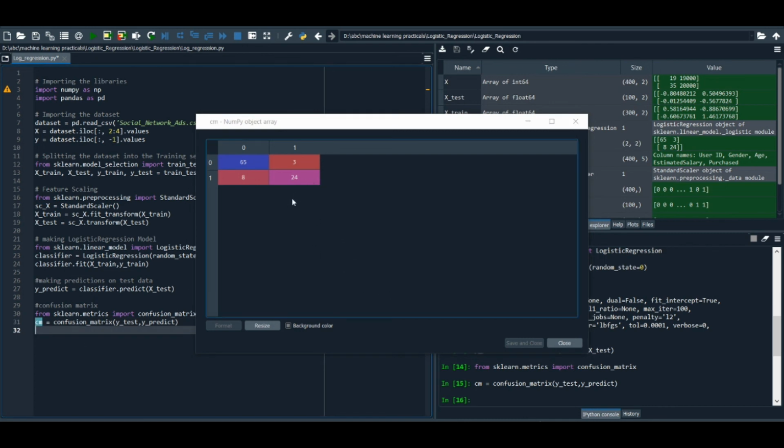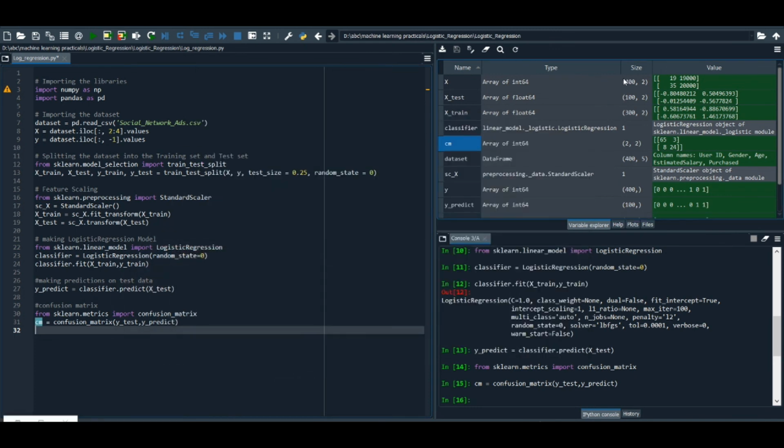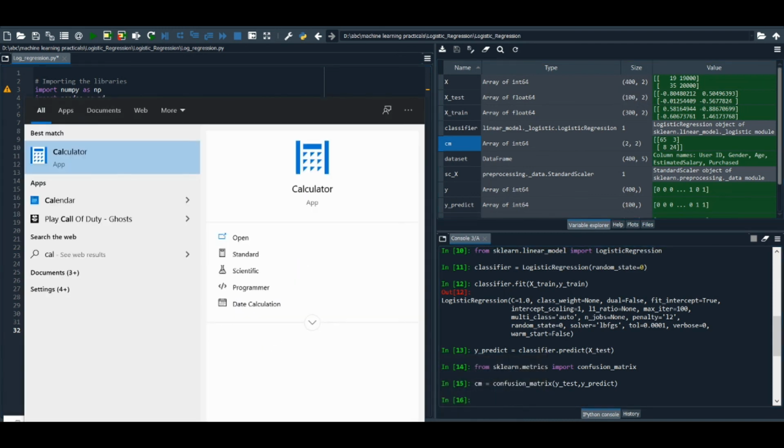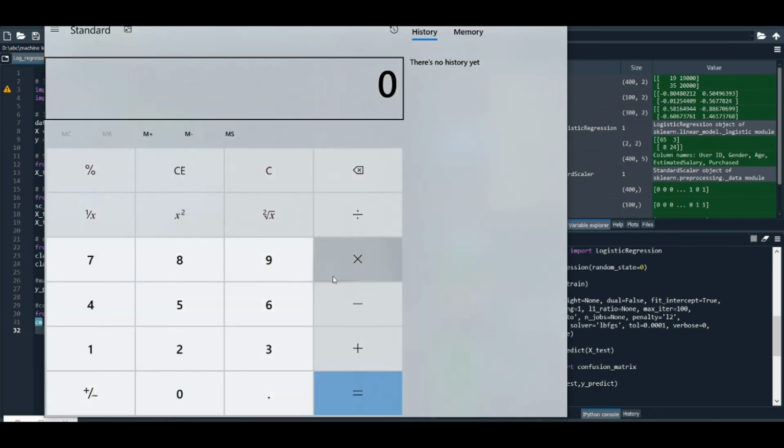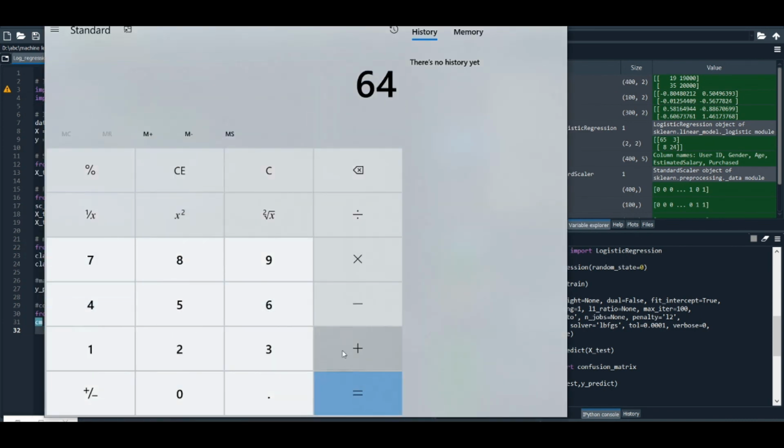We can also calculate it by adding the true values that the model predicted, that is 65 plus 24, and dividing it by the total number of rows, that is 100. In our testing set the total number of rows is 100. So let's compute it. It makes 65 plus 24 correct predictions, that is around 89, and then divide by 100, so it's making an accuracy of around 89%.